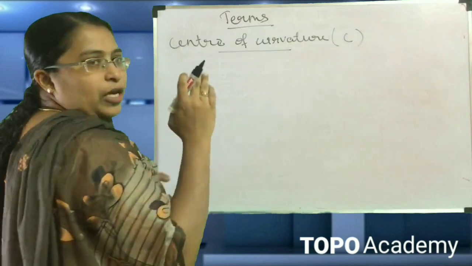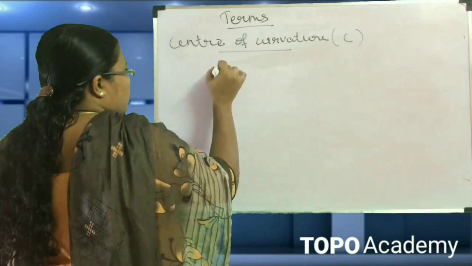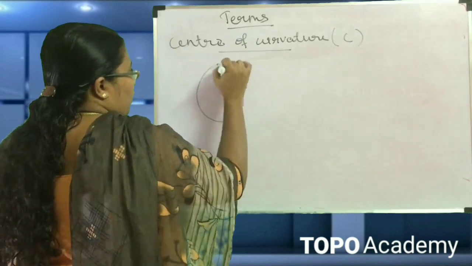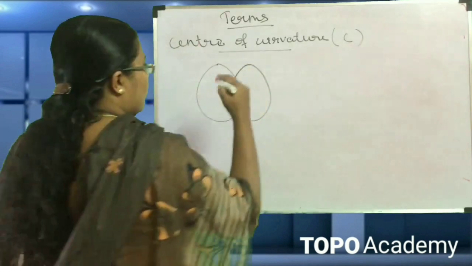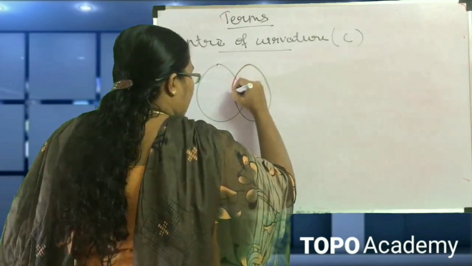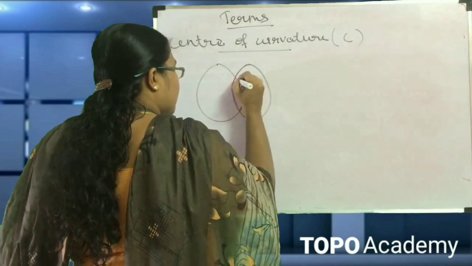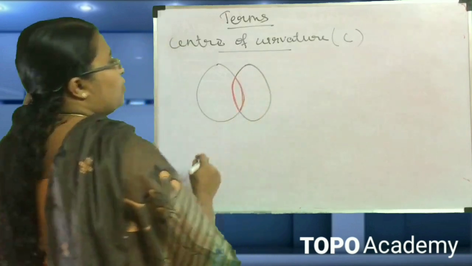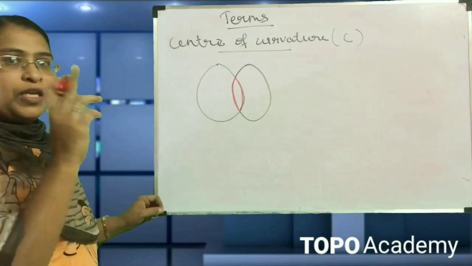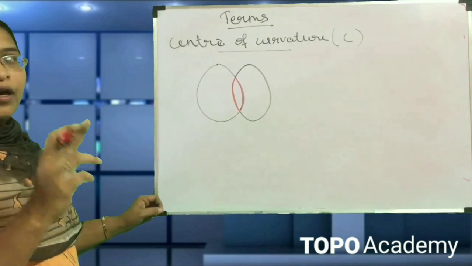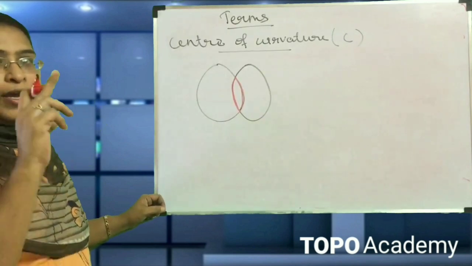Here also, the convex lens and concave lens are parts of a sphere. Two spheres are forming the convex lens. In case of mirror, only one sphere is forming a mirror, but in case of lens, two circles are joining to form a lens.